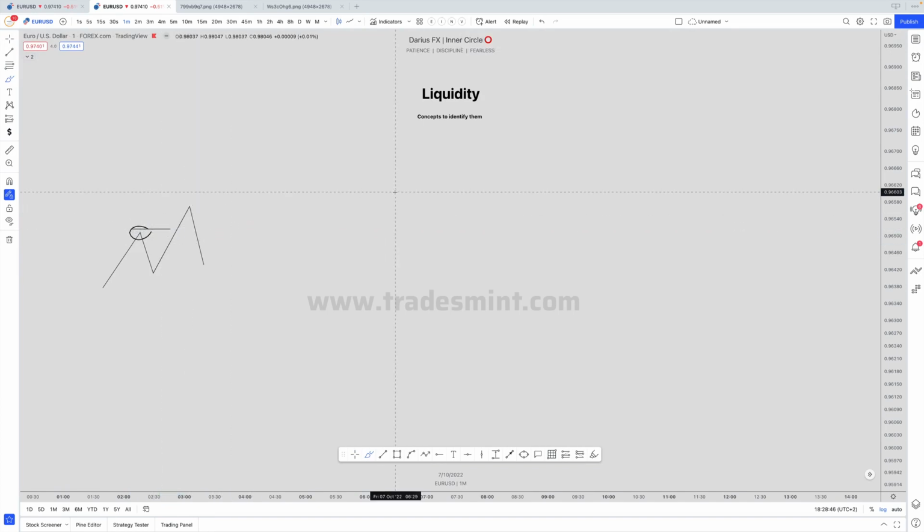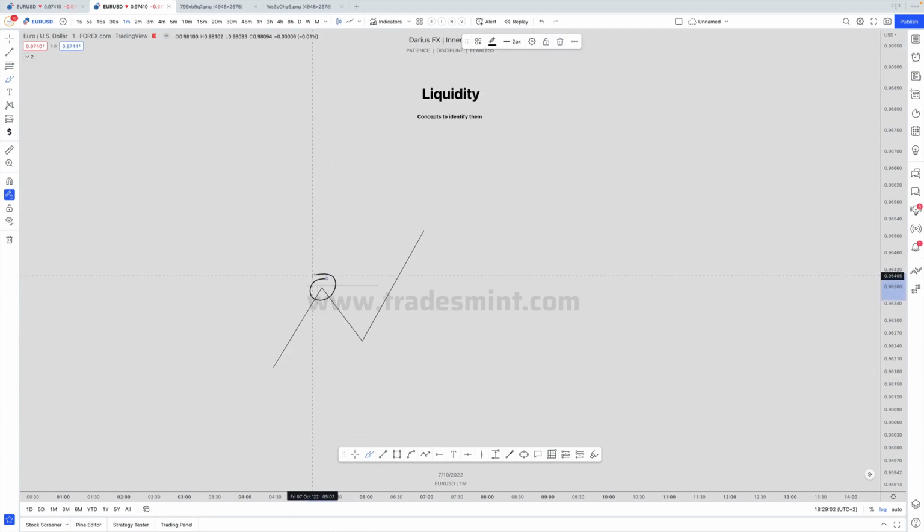Okay, so let me just make it a little bit bigger so it is easier for you to follow. So you see this classic higher high and higher low thing, right? So you got the BOS here, you created a high here, and in the mind of a normal retail trader, or an SMC trader, or almost all traders, because everybody's using all forms of strategies, they think at this point price needs or has a chance to go down.